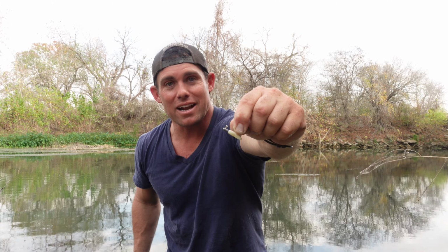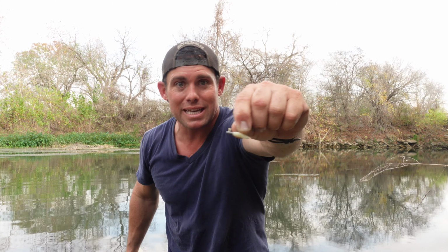So if those fish aren't hitting the Beetle spin, which is kind of rare, honestly, but if they aren't, you throw this thing out, just toss it out, and just really don't do a whole lot with it. Don't pop it, don't do nothing. Just slack line, let it fall on its own. You get a light jig head, throw it out there. You can even fish these with bobbers, but just slow reel it, keep your slack up, and fish will come